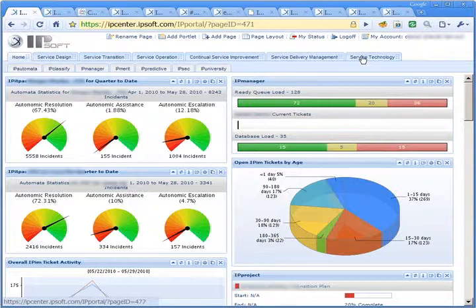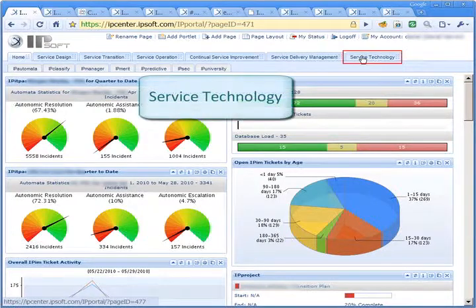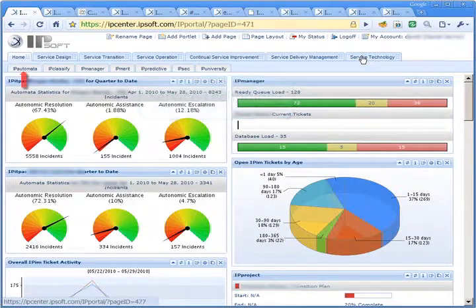ITIL doesn't have a placeholder for technology, so we have a Service Technology tab. Under Service Technology, we have IP Automata for runbook automation, IP Classify, our Bayesian learning engine, IP Manager for virtual NOC management,